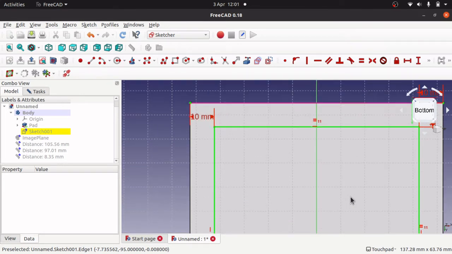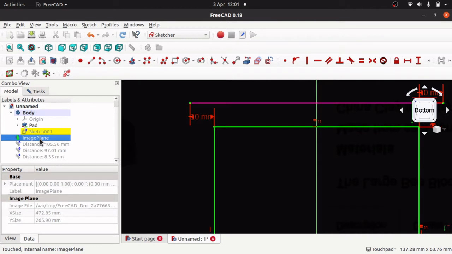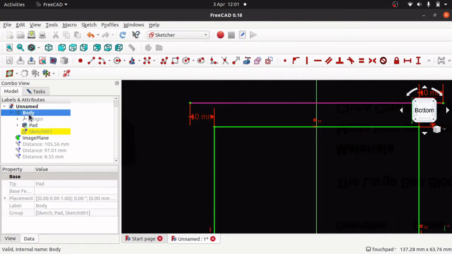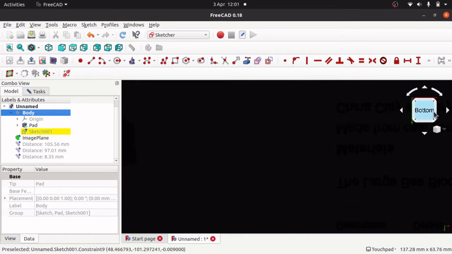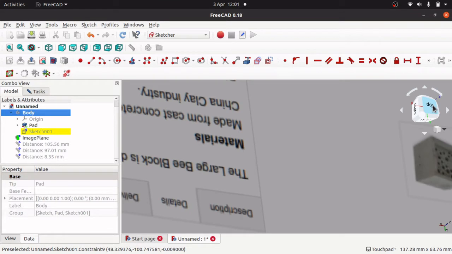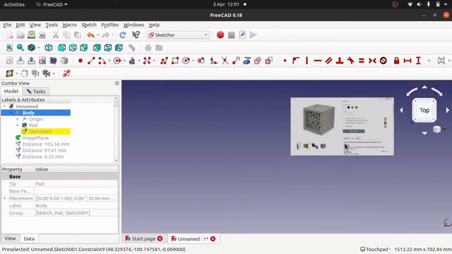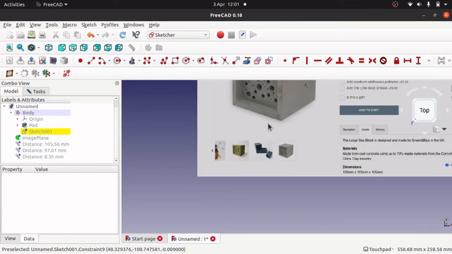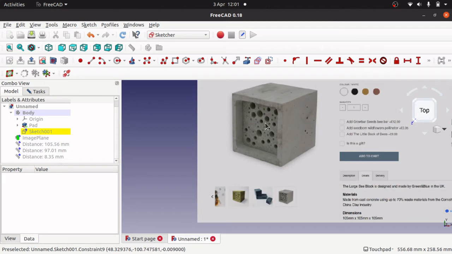Now we can actually pocket this. So if we go back to our image plane, let's bring that back in and hide the body. And we're looking at the bottom at the moment, so let's bring this around to the top. And I'm going to zoom in,